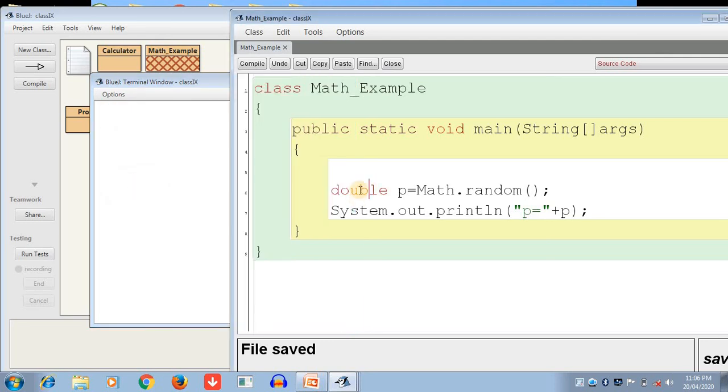It returns positive random numbers, not the same number or sign. It returns a positive random number lying between 0.0 and 1.0.